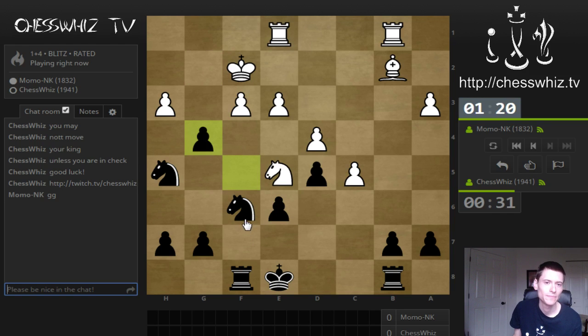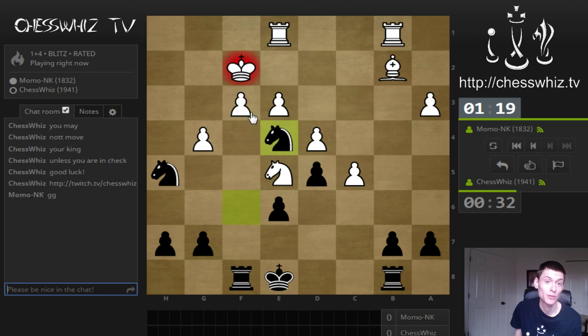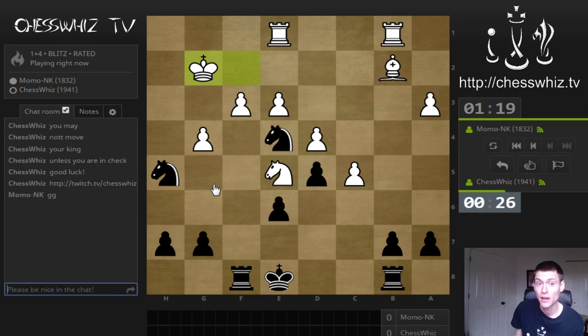First I take that. And if he takes with pawn, then I play bam, right? Brilliant. Brilliant move. He can't capture because of the rook. So, genius move. Absolutely. And then I have two knights under attack, which is brilliant because I really wanted two knights to be under attack at the same time. That's my whole point here, so that I can...